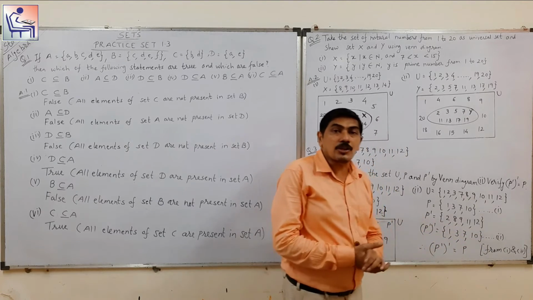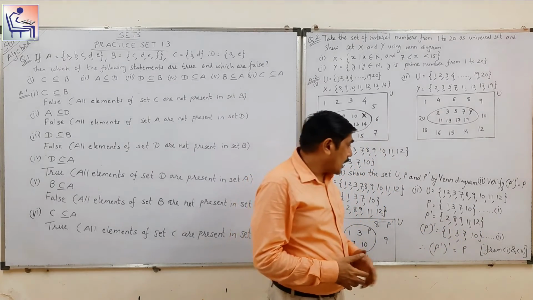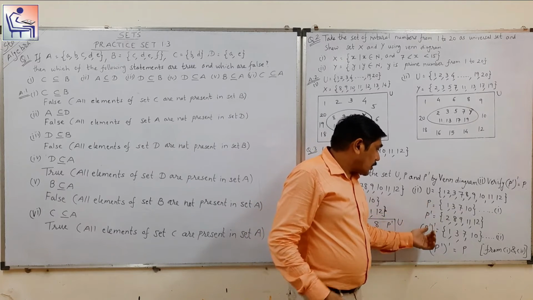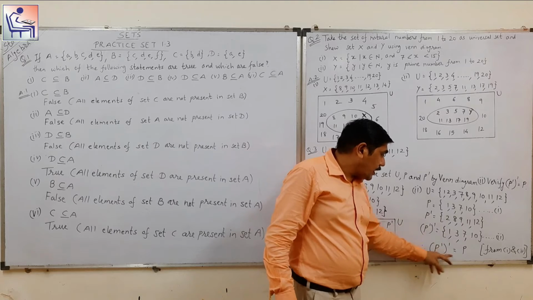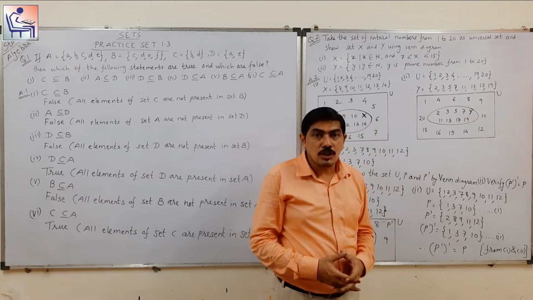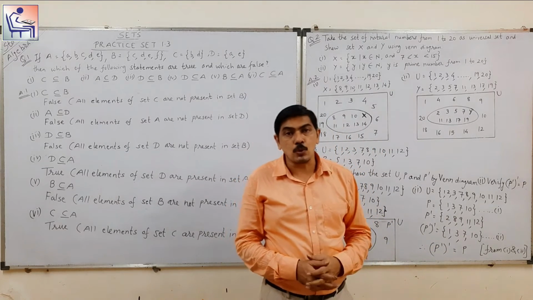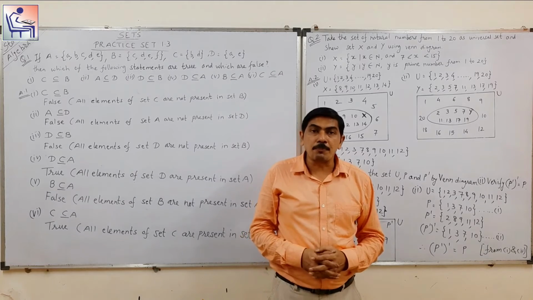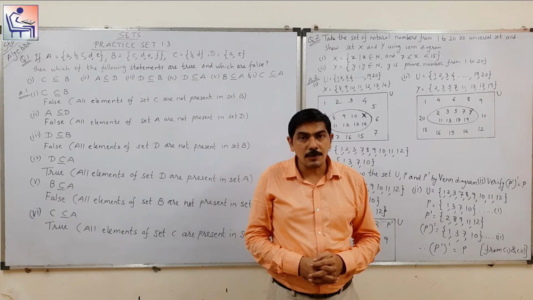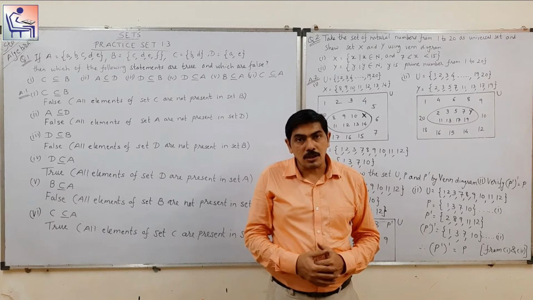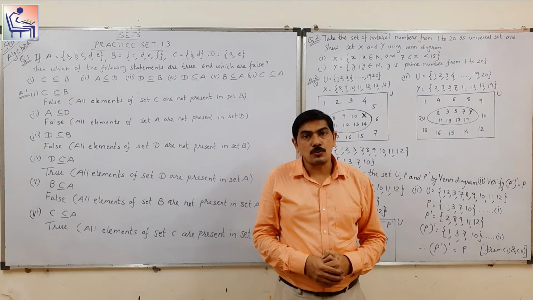Here we are giving the equation number 2, and we can get the conclusion that complement of P complement is equal to P. So here we have proved from 1 and 2. So now we have completed 3 questions of practice set 1.3, and we will move further for question number 4.